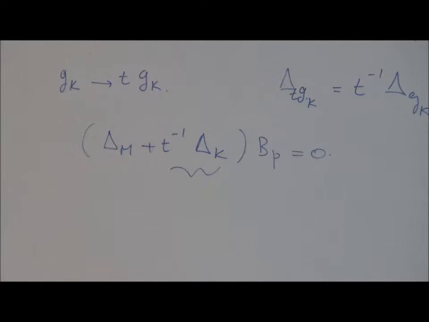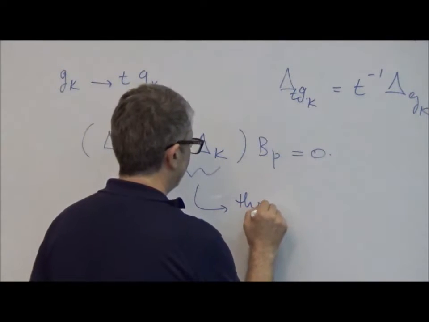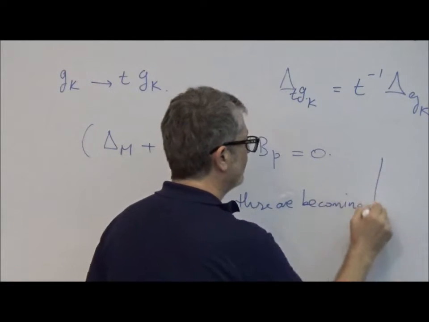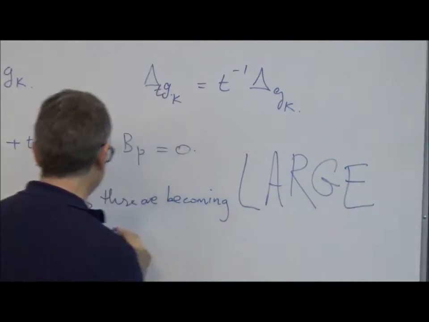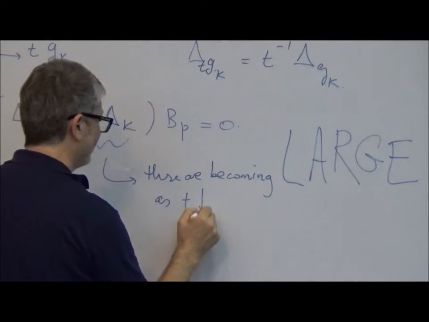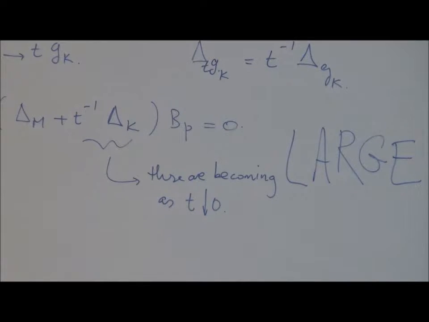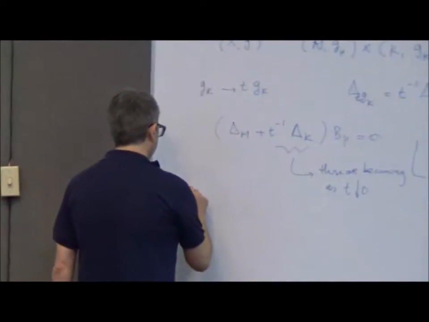And these masses become big, and the only one which is not becoming big is the 0 eigenvalue. So the only thing that survives in the limit